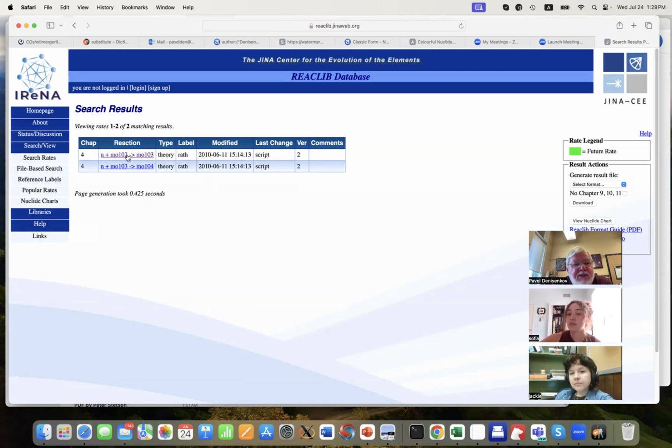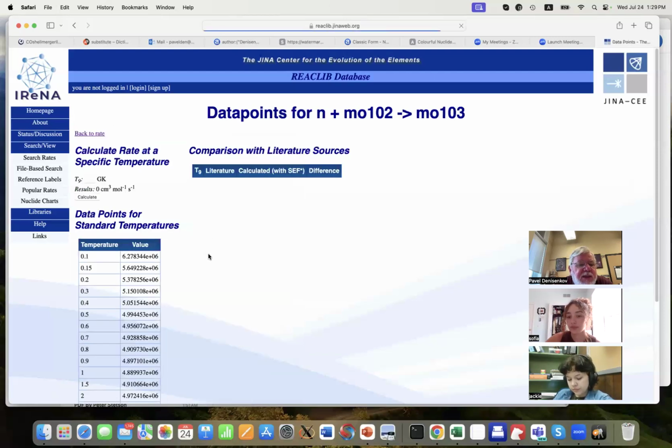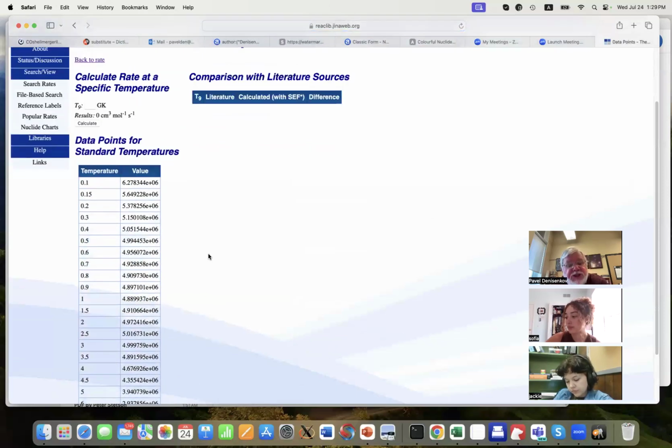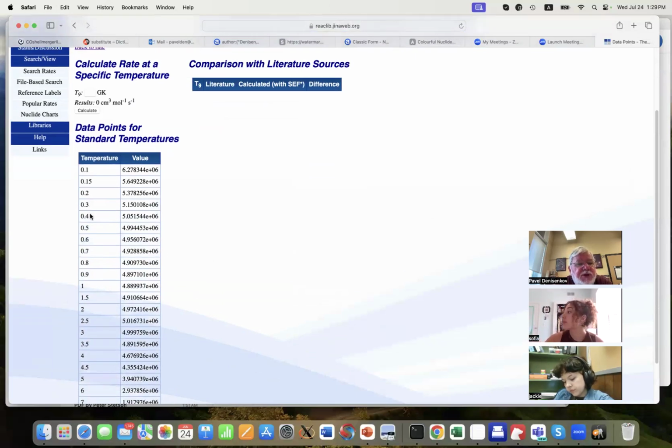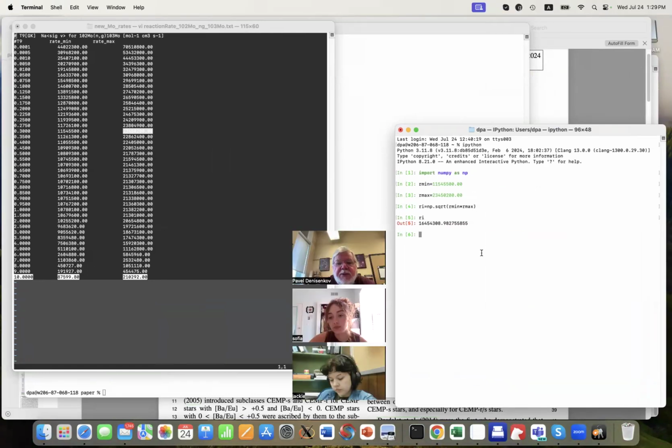Okay, so now I click this reaction, and I click data points here, view data points. This gives me the table of JINA Reaclib or NuGrid default rates for this reaction. And I find temperature 0.3, and this is the value that I need. I copy it, and I go back to my Python notebook here. I call this rate R JINA, R JINA is equal to this value.